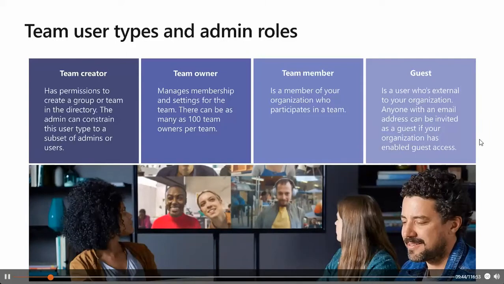The same is true for the guest accounts, so that you really avoid data leakage, for example, to guests of your organization, external users. So it's also a good practice here to regularly review these guest users on your Microsoft Teams. We will see exactly these features later on also in a demonstration, but we will go through the different stages, and it should be clear what a team creator, a team owner, a team member, and specifically this type of user, the guest user, is.